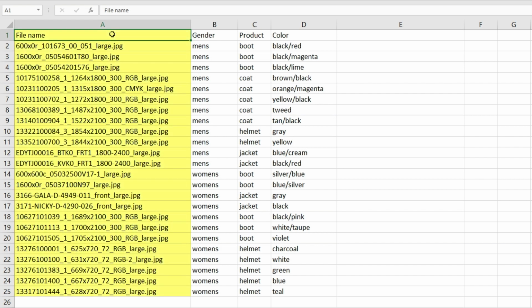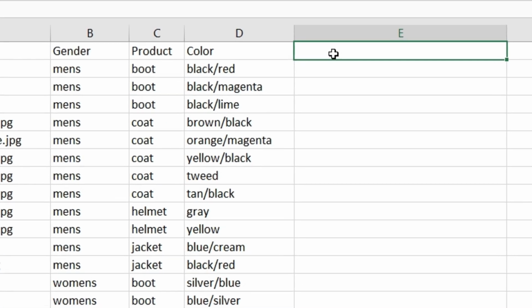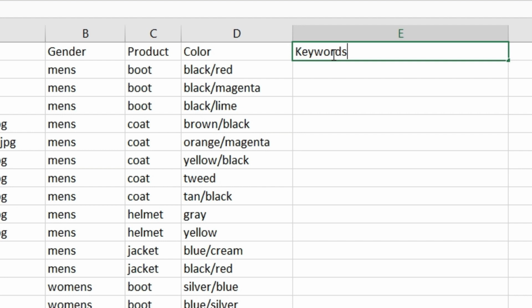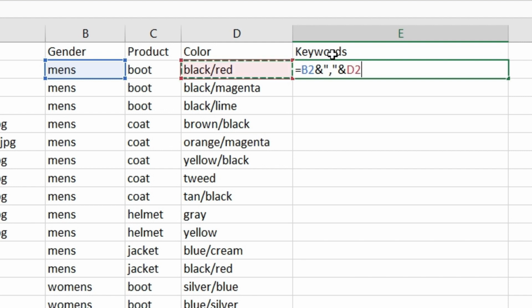There is a column for file name, but not for keywords. Rather, a few columns of specifics. We'll combine these into a list of keywords for each product. Make a new column, Keywords, and create a formula to join the prior 3 columns into this one. When combining the columns, I've used commas to separate them. That way it's not one keyword, but each item its own keyword.